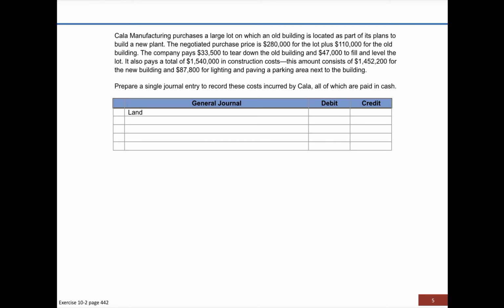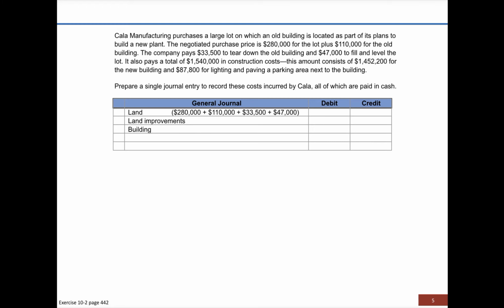And you either have to be given explicitly the numbers associated with each category, or you have to be given the market values, and you've got to figure them out yourself. In this case, we're given numbers for all these. So all you have to do is divide out these categories, add up the numbers that are going into land, which you see would be the $280,000 for the lot, plus $110,000 for the building that's on the lot, plus